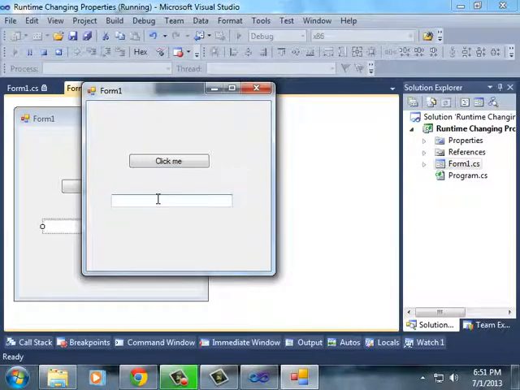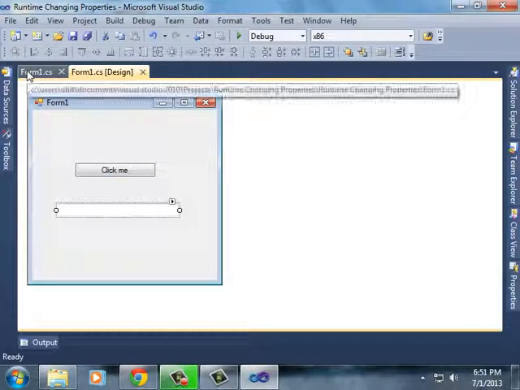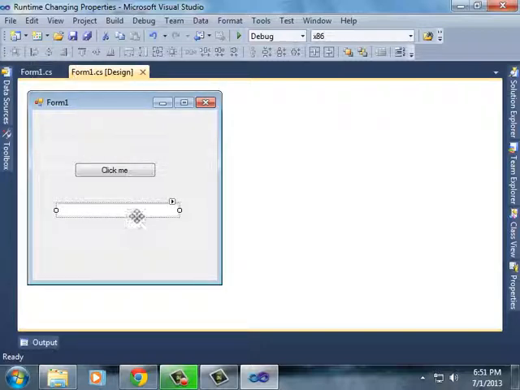I am typing my name here. So when I click this button, instead of Click Me, there will be Awesome, and here it is. If I am typing C#, and here it is, C#. Typing hello. Okay, if I am typing nothing, there will be nothing in the button. It's interesting. Similarly, you can also change the text box properties on a click of the button.